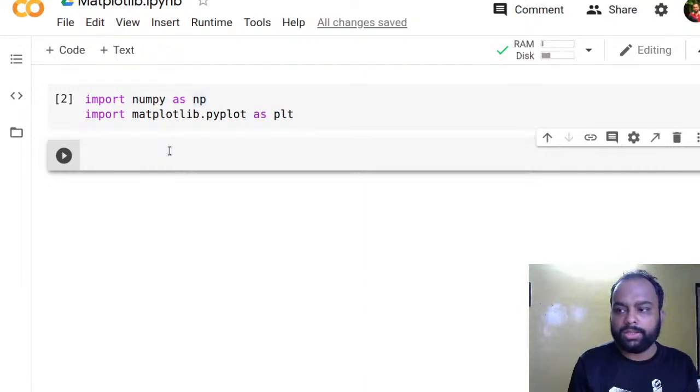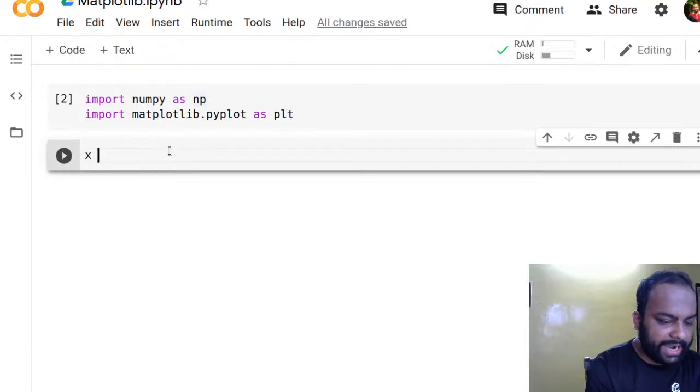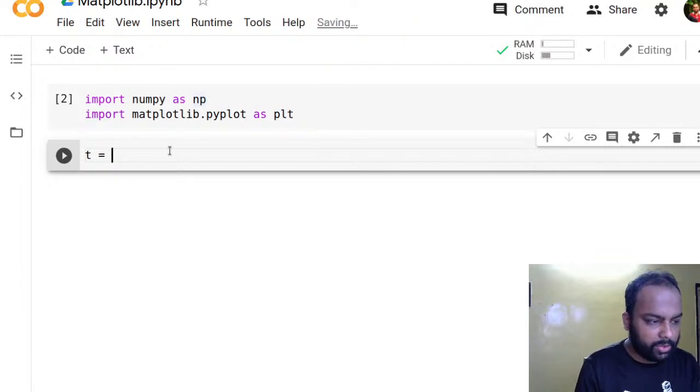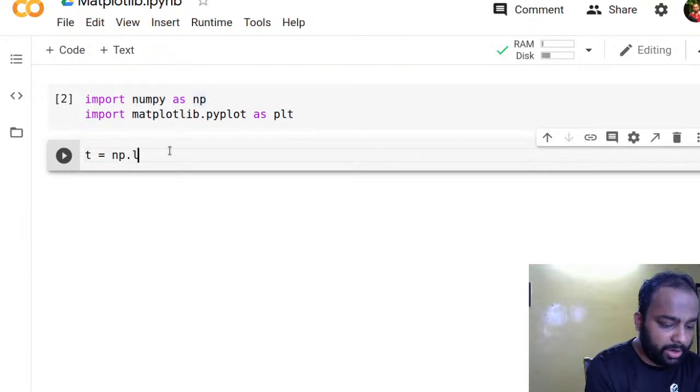Right? So let's do a very simple thing. Let's create an array. Let's call it T. What is T? T is maybe time. Time would be a linear space, for example. So np dot